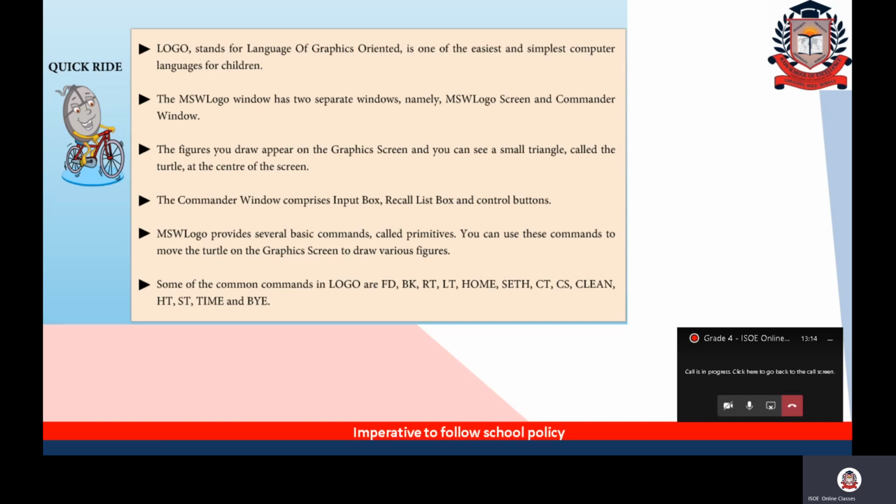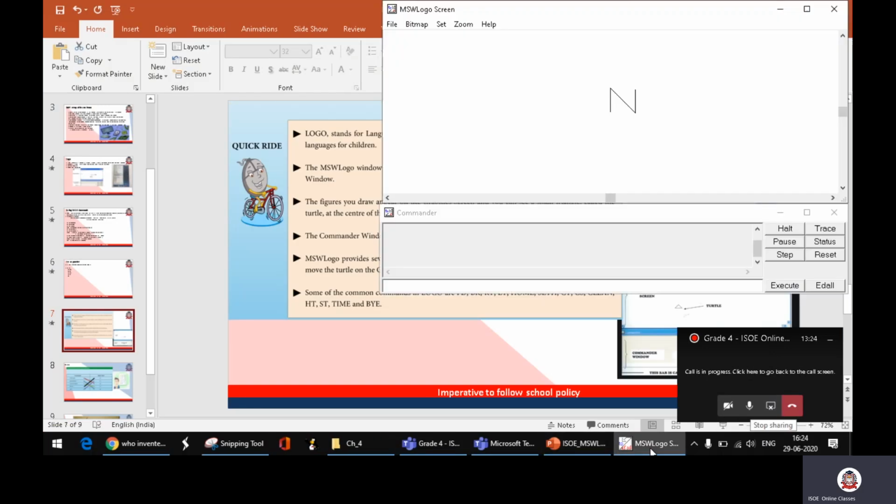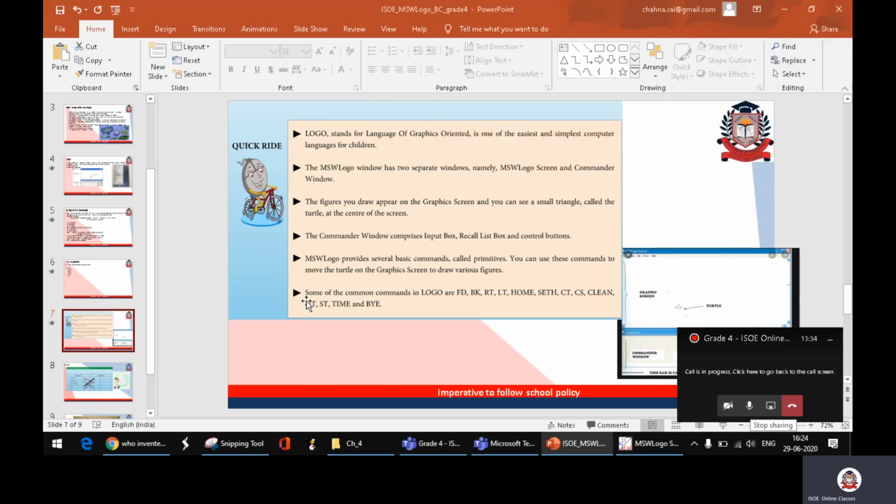Okay, the MSW, Microsoft Windows logo, has two separate windows. As I told you, what are the logo screen and commander window? Correct? You all remember, right? So this is the logo screen and this is the commander window. Next, the figures you draw appear in the graphics screen and you can see a small triangle called, what is that called?